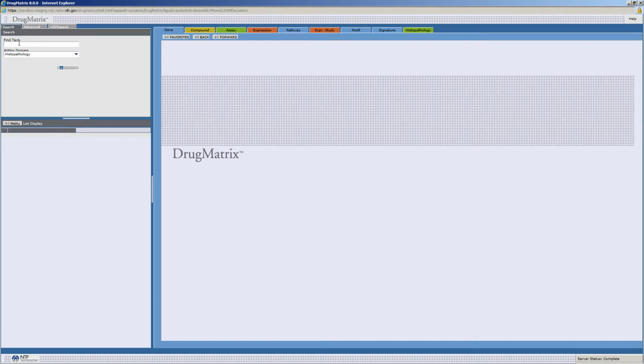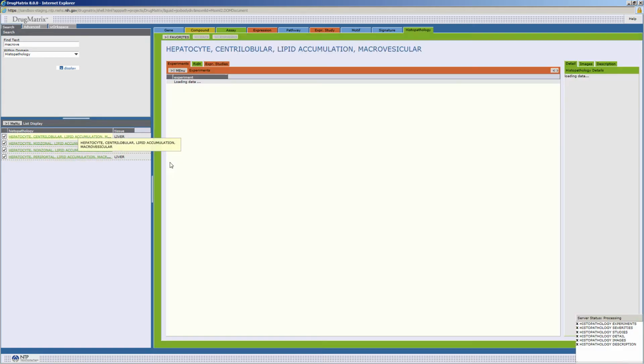So we'll just give it a quick search here, and so I put in macrovesicular, and you'll see here lipid accumulation. We have central lobular, midzonal, non-zonal, periportal, and you can click here and it'll load. It'll take a second,